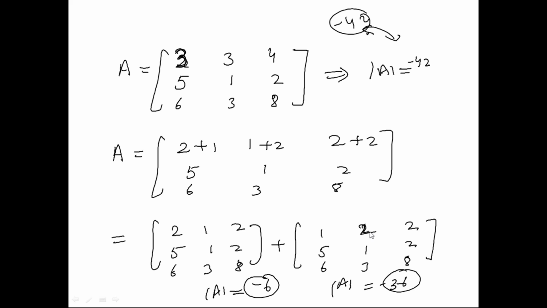Okay, so please write down the point. The point says that if to each element of a row or a column of a determinant be added equal multiples of a corresponding element of one or more rows or columns, then the value of the determinant is not changed. Okay, so this is a very important point.